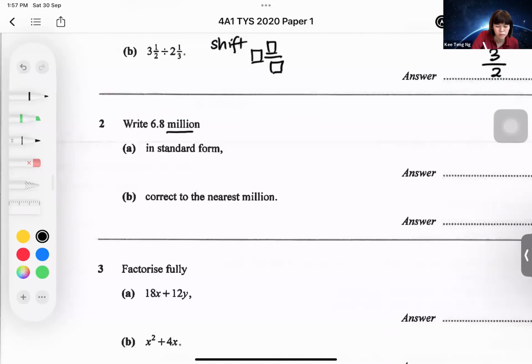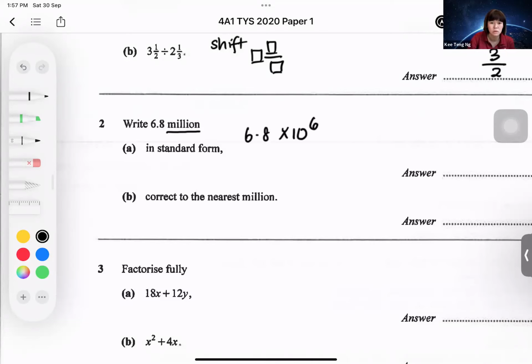Firstly, we must remember what is million. How much money is million? Million will be considered as times 10 to the power. There are 6 zeros, right? So this is 6.8 times 10 to the power of, there are 6 zeros, which is 10 to the power